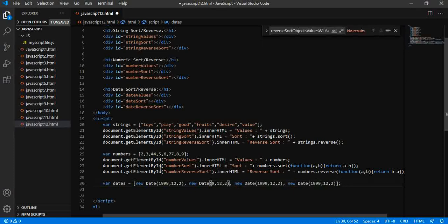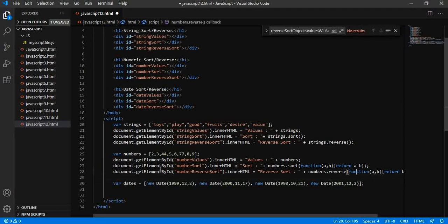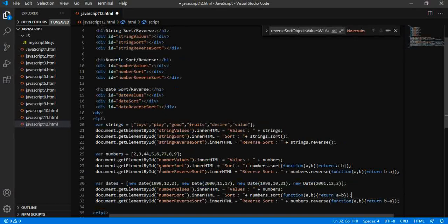Let's say this is 2000, month will be 11, day will be 17, and this is suppose that 1998, month 10, day 21, and this is suppose that 2001, let it be, and we are now going to use the same way we have applied on the numeric.